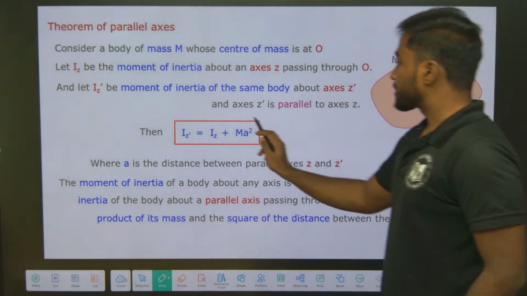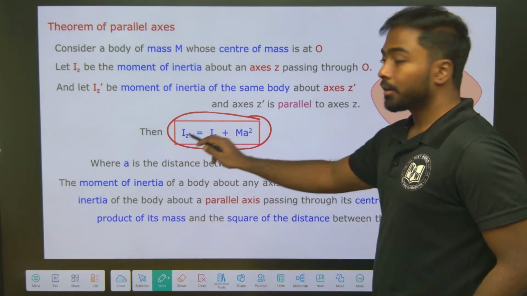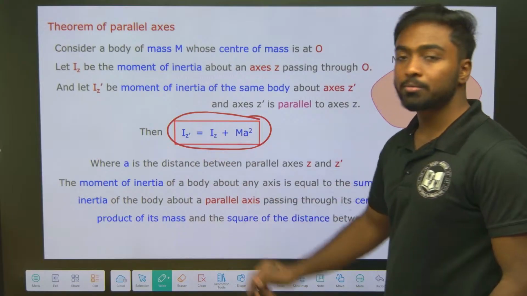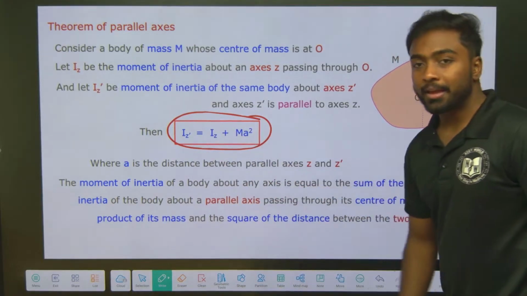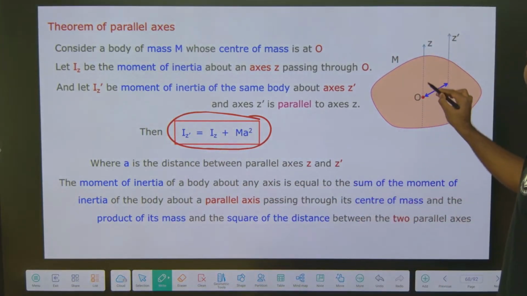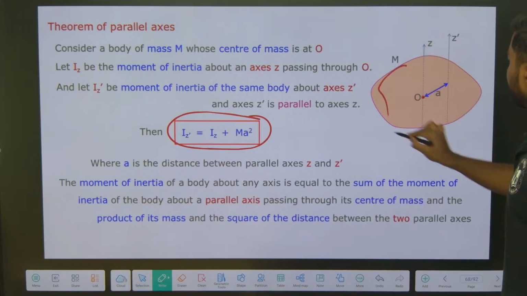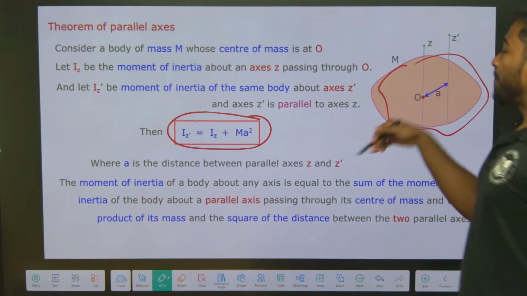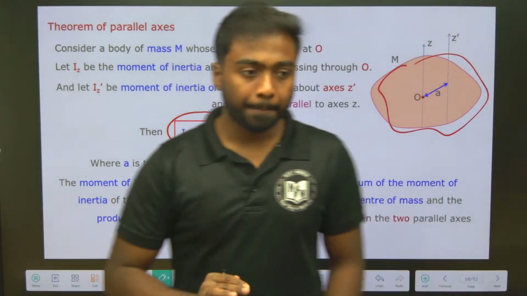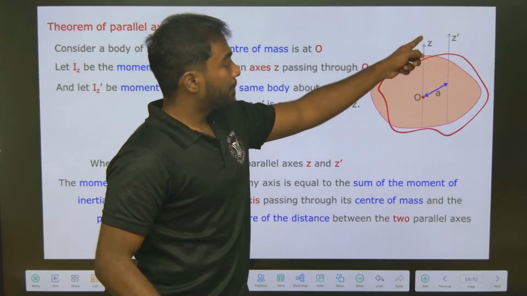Like moment of inertia of z dash will be equal to moment of inertia of z plus m a square. What is a? If I am having some moment of inertia of the system which is passing like this,